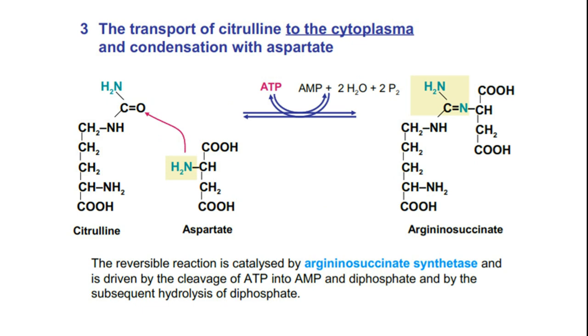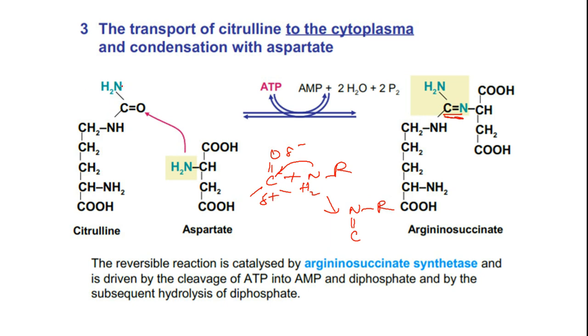Now citrulline is shunted into the cytosol. Now citrulline reacts with aspartate. Here N and C double bond O are reacting with each other. For your information, this is a urea derivative where C double bond O is not very active. Why? What is needed over here? This is an addition elimination reaction, because aldehydes and ketones react with primary amines to give C double bond N R. Because the carbonyl carbon is sufficiently positive, it is possible for nitrogen to add across it, for which we don't require so much energy.